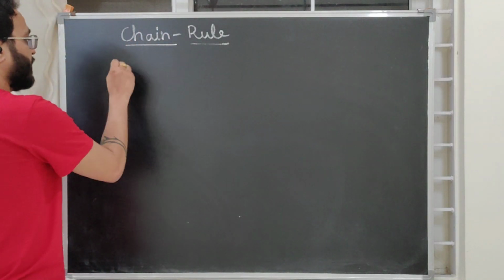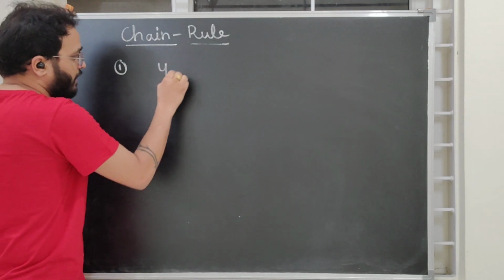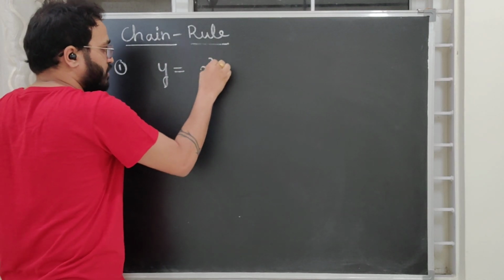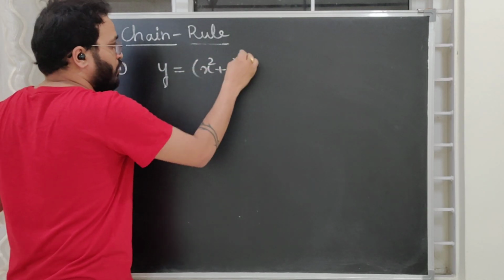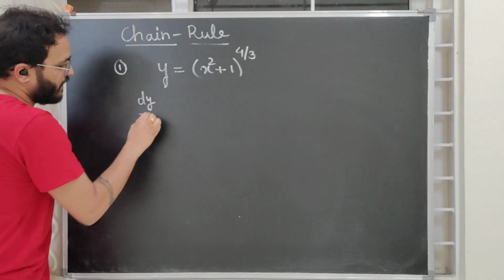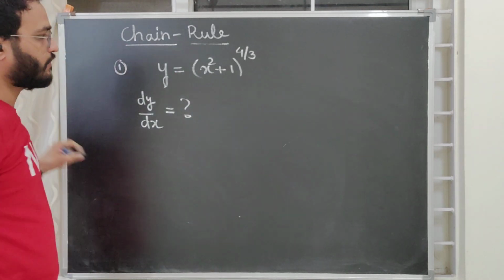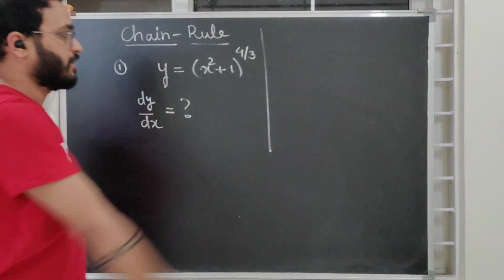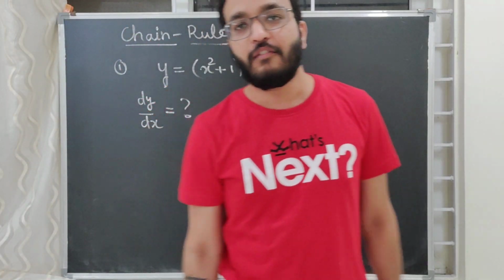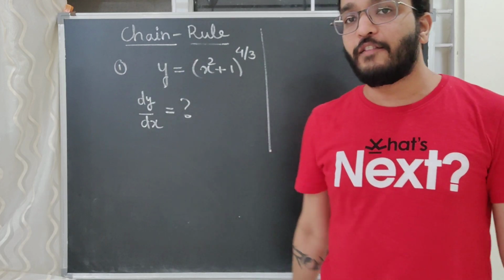Now let's begin. Let's take example number 1. Suppose it is given to you that y is equal to (x square plus 1) whole to the power 4 by 3, and I want you to differentiate this and get the value of dy by dx. Now what will you do? Yes, you will say, sir, we can't apply the product rule here, we can't apply the division rule here,